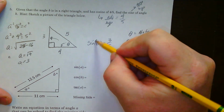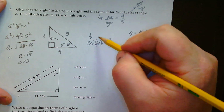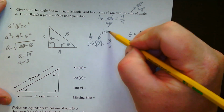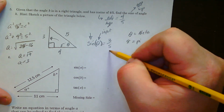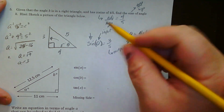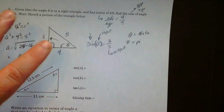Now, these trig things right here, these are functions. But the input is an angle. That's the input. And the output is a ratio of sides. It's a fraction. It's a ratio of sides. Now, that's how trig is defined. So it's not like there's a mathematical